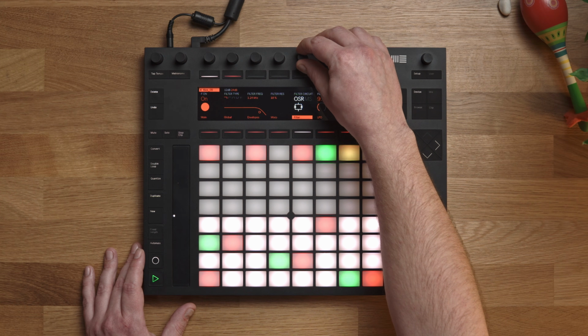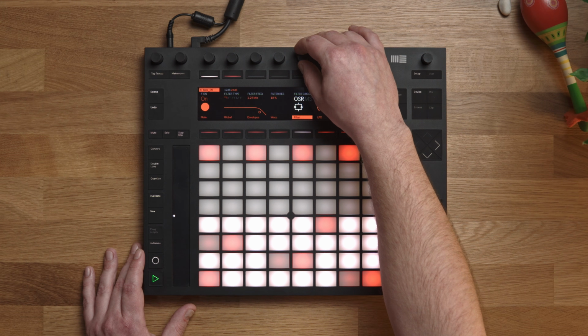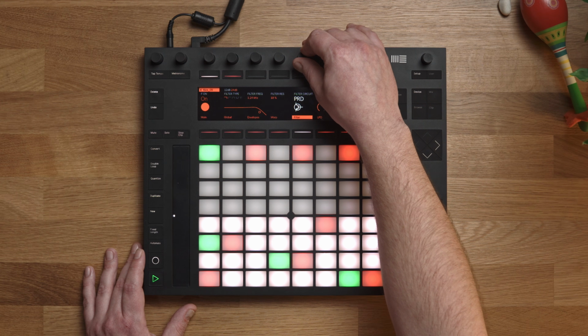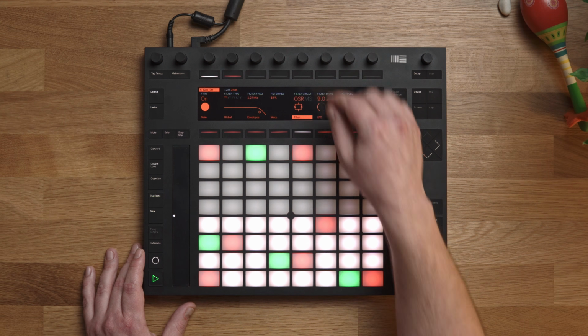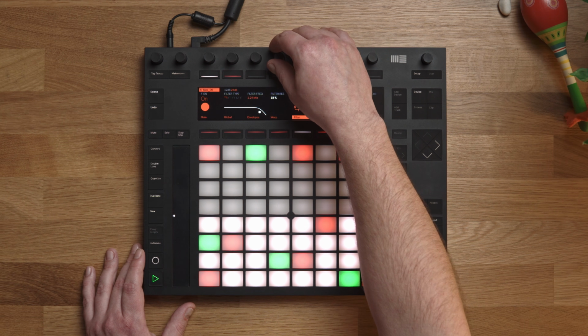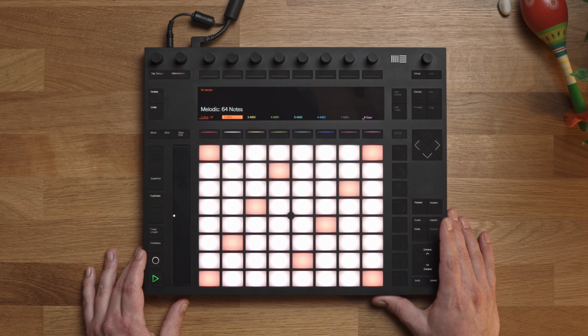Maybe we can try a different circuit. I actually like the OSR one. Okay, that's gonna work. Now let's go into the second MIDI track over here and try to find some sort